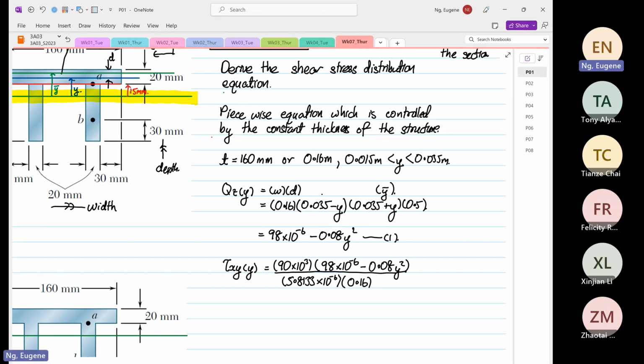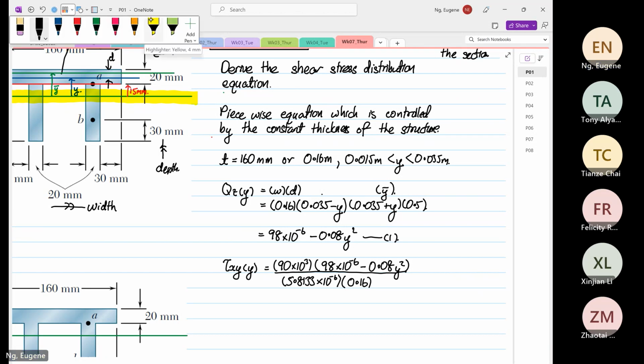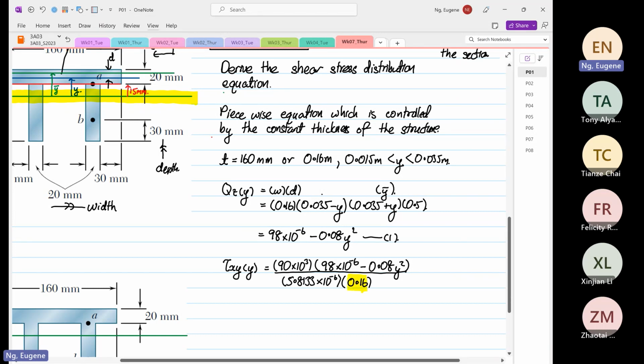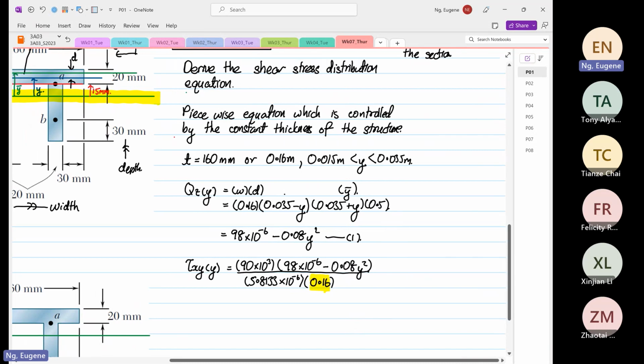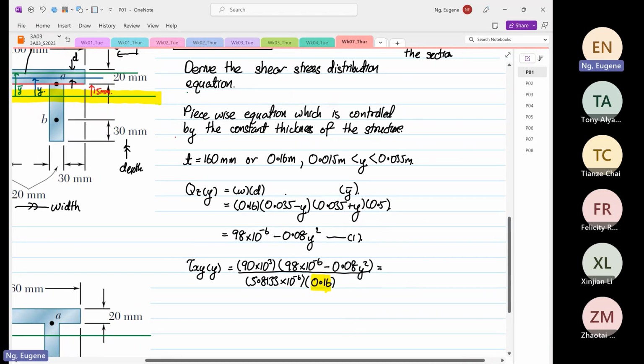Okay. That is why we set that limit. The limit is from 0.015 meters to 0.035 meters where y is. Why that limit? Because of our constant thickness. So from here, we write out our value. This is 90 times 10 to the power 3 divided by 5.8133 times 10 to the power minus 6, divided by 0.16, times 98 times 10 to the power minus 6, is equal to 9.483